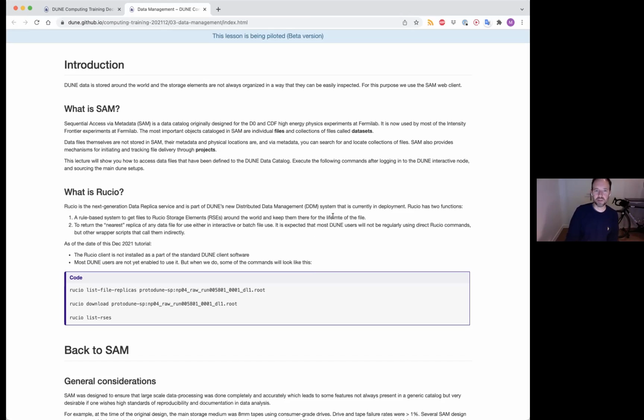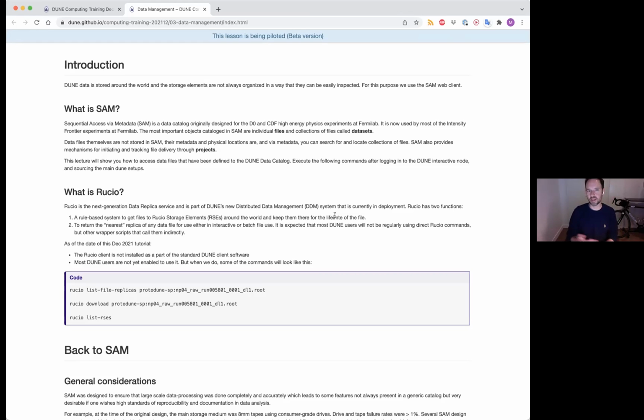I did mention lifetime of a file. We're putting that in for every file that is in Rucio. Our raw data has an infinite lifetime, but things like simulation or reconstructed data, we expect those to have a lifetime of about 2 years. And eventually Rucio will go through and actually delete all of those files and clean up so that we can